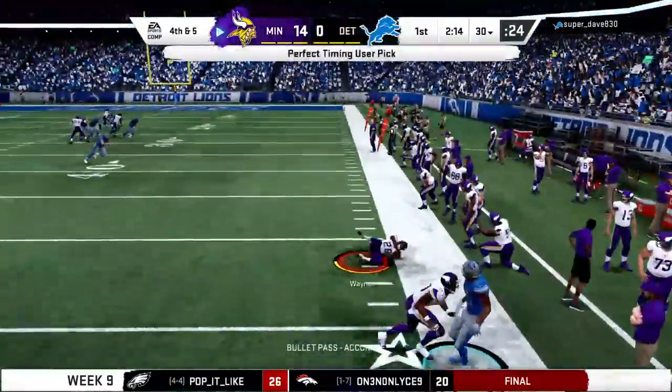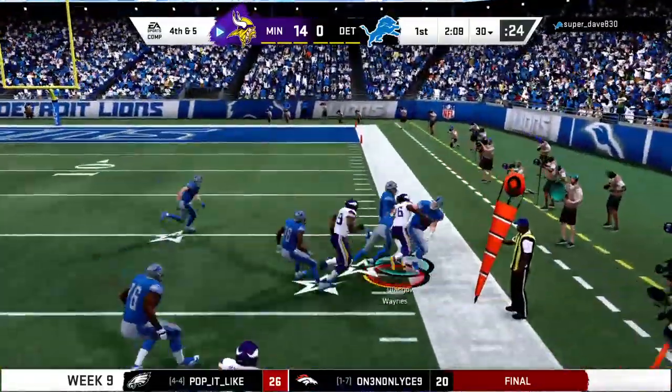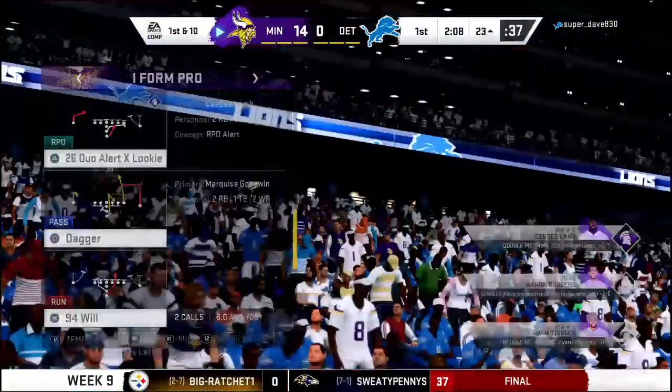He rifles one that's intercepted. Picked off by the former first-rounder Trey Waynes. Breaks through the contact. Keelan Cole, the intended target. First quarter, and now...